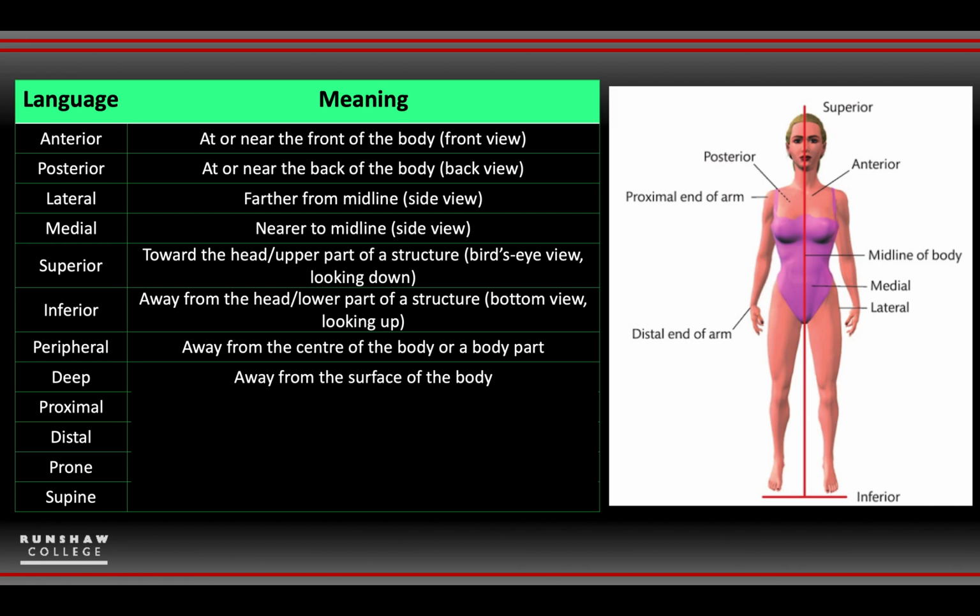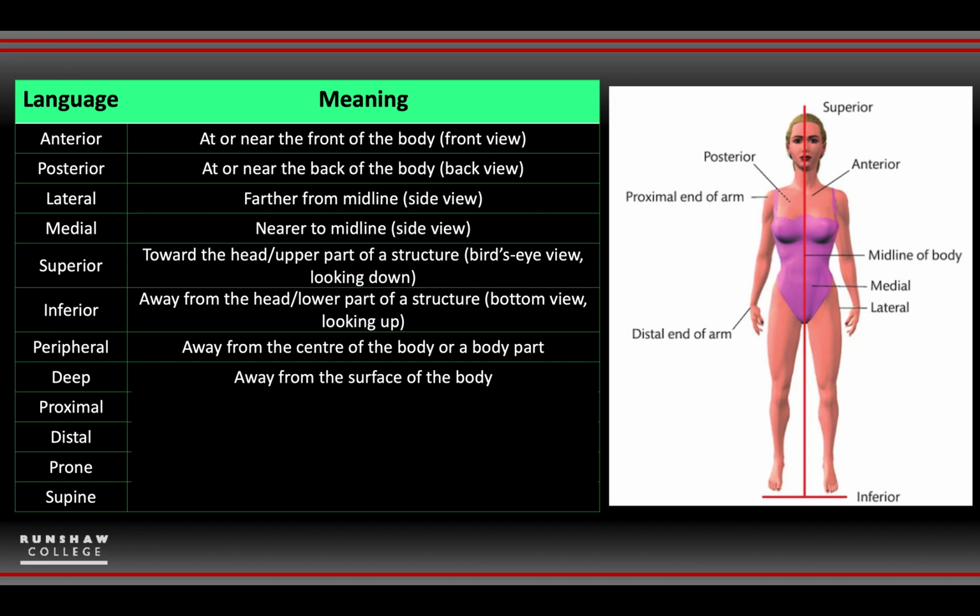Peripheral is known as being away from the center of a body part, whereas deep is towards the center, away from the surface of the body. So we're talking more inside the body when we say deep, whereas peripheral, we're looking more towards the skin